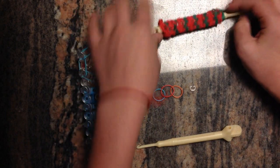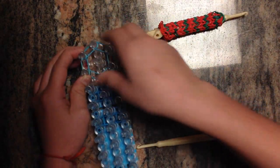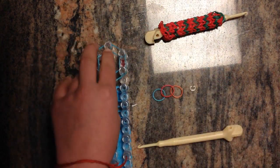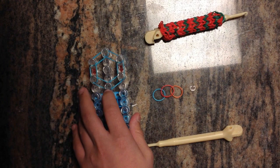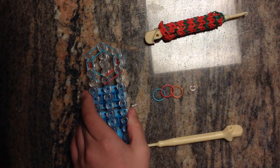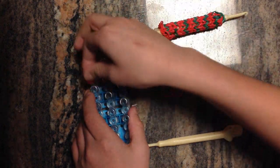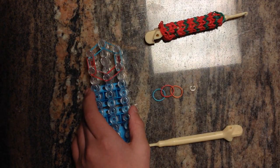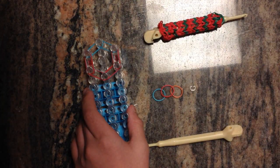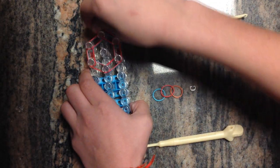Alright, and don't worry if you don't know the size of your hook or how much you want it to be, because the good thing about this is it actually tells you when you're finished. I know that doesn't make a lot of sense right now, but it does. I'll show you guys how to know when you're finished. You don't really need to know the size, I mean, how many rubber bands you need. Basically the loom tells you. So I made another hexagon with my next color,